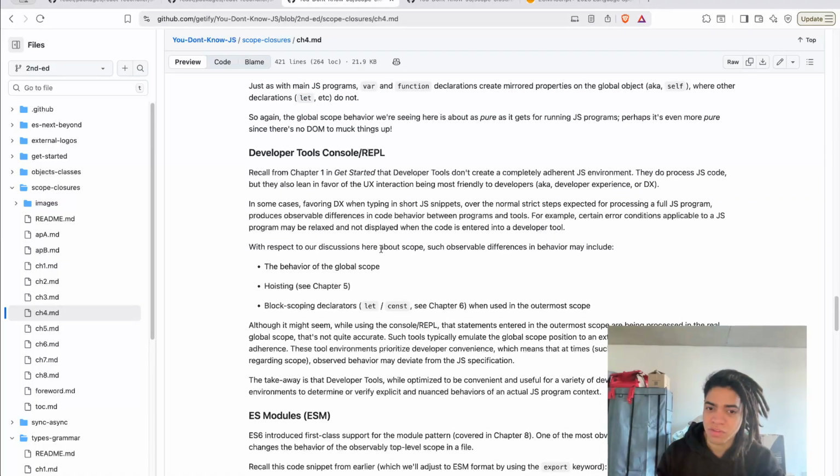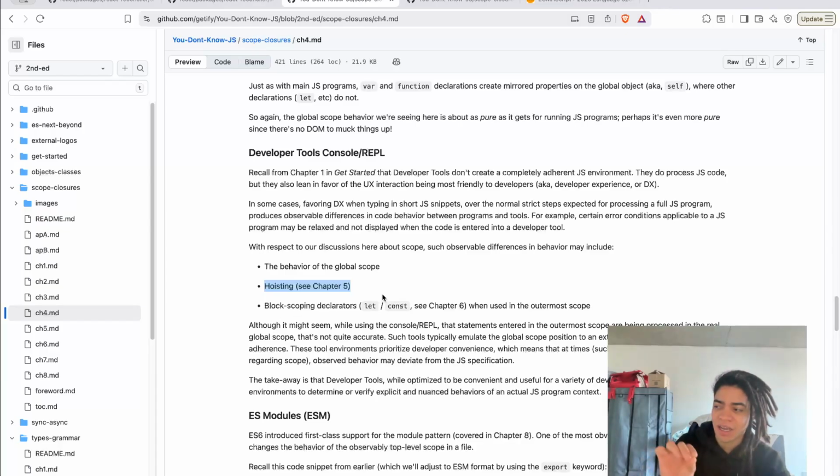With respect to our discussion here about scope, such observable differences in behavior may include the behavior of the global scope, the hosting, all right, of how this actually works, and block scoping declarations with let and const when using the outermost scope. Exactly.